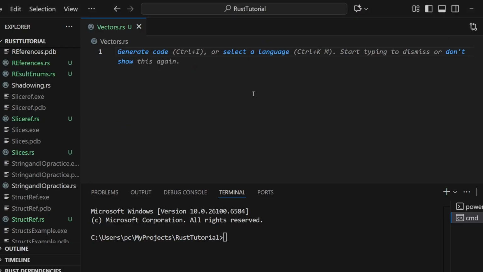In reality, there are various ways to create vectors. The first of them is like this: let mut v1: Vec<i32> = Vec::new(). This creates an empty vector with an explicit type annotation of i32,